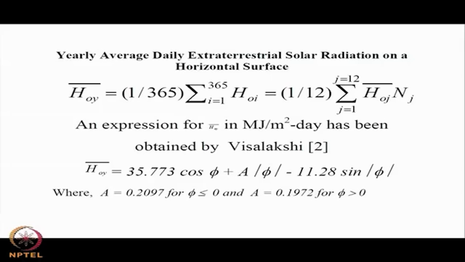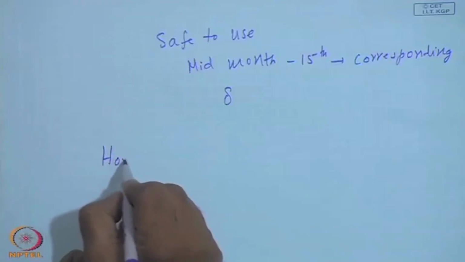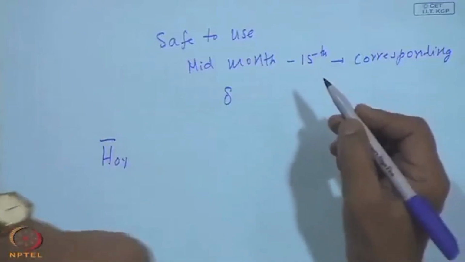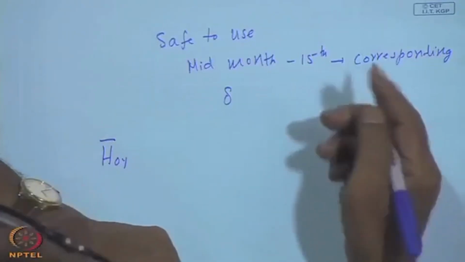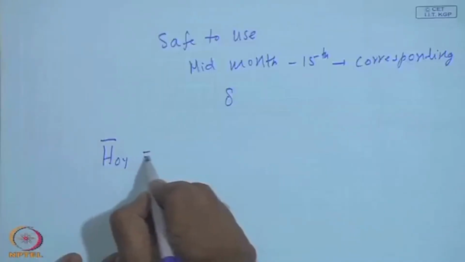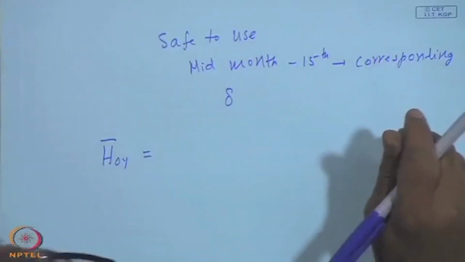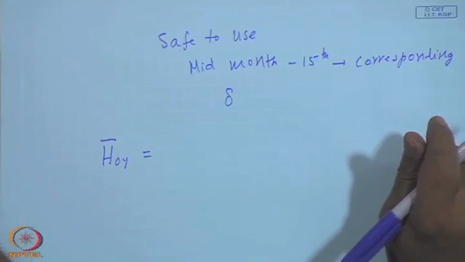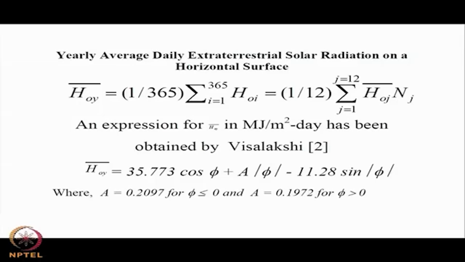Similarly, I can define one for the year average. This could be very useful if you want to make a single calculation for the entire year, for example, what is the solar radiation falling on the roof surface or the corresponding terrestrial value. You can use this, and it is again defined as 1 by 365 times the summation, or 1 by 12 of the averages of each month. And you have a very simple expression given by H 0 y bar is